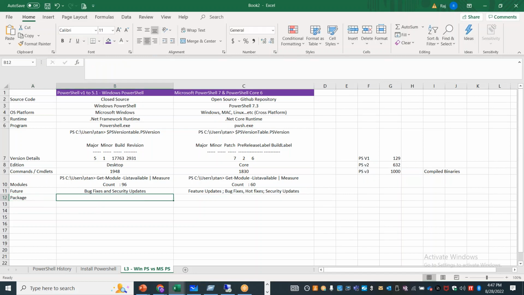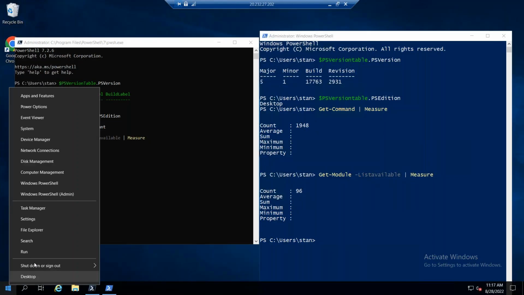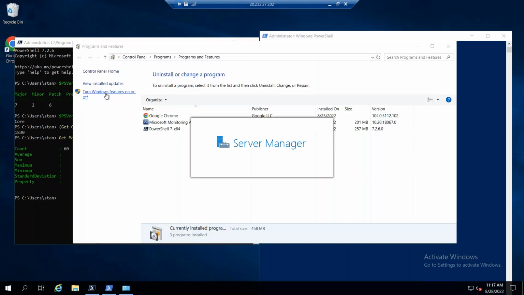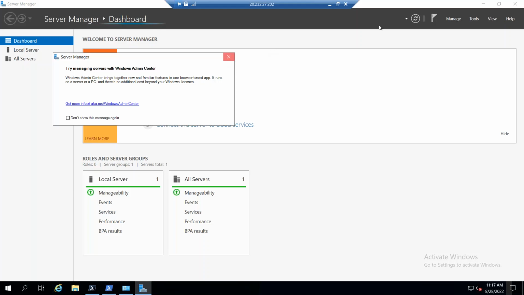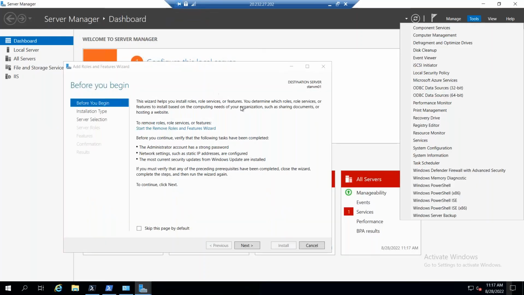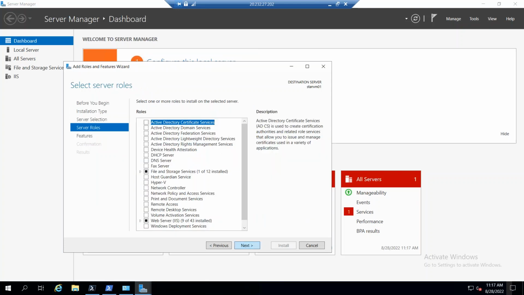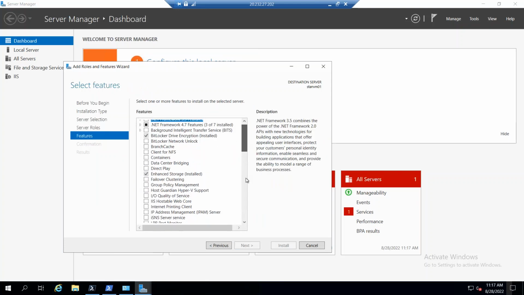It comes pre-installed in your operating system, but you can definitely uninstall it, or you can disable it. I'll quickly show you how to do that. If you go to your add or remove programs, it's a feature, not a role. If you go to turn Windows features on or off, and click next, you reach the features console. If you scroll down, you can see